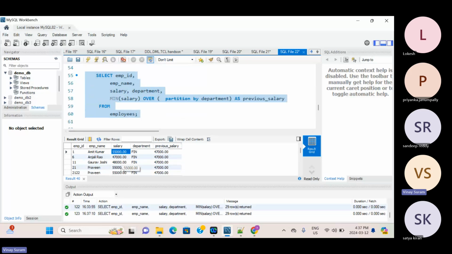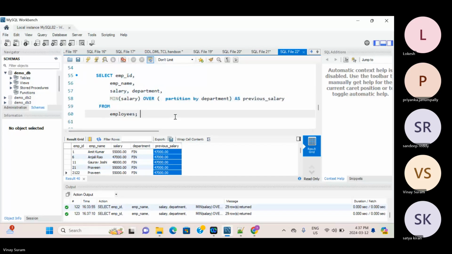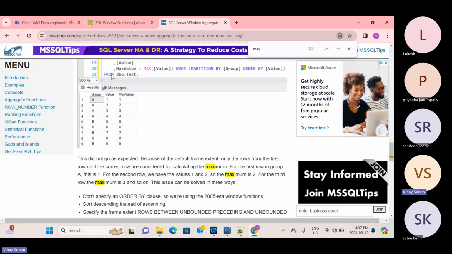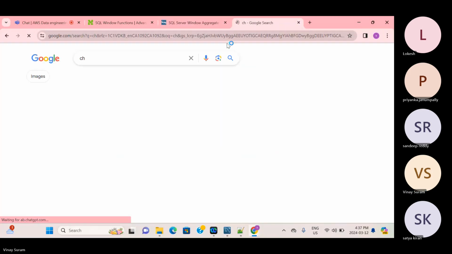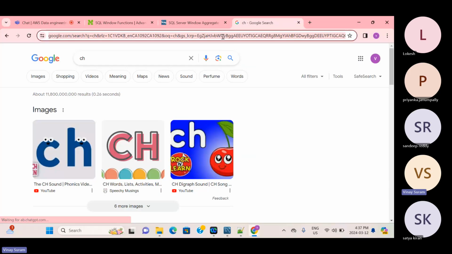So you can say for finance, which one is the least salary? 47. So then it gives it directly. So that is what min, max and sum do. So just go through Google, go through a few windowing questions. Just go to ChatGPT and type some